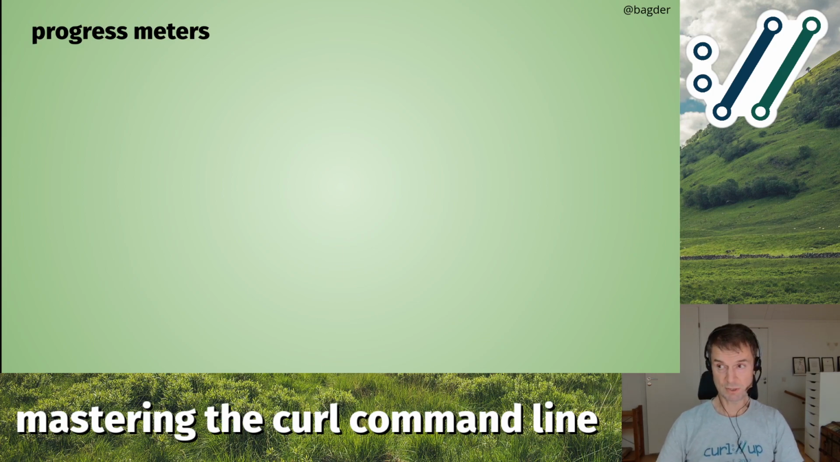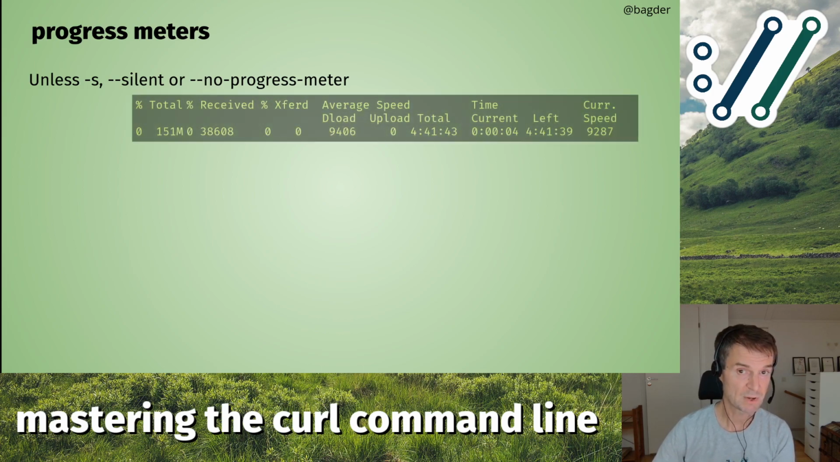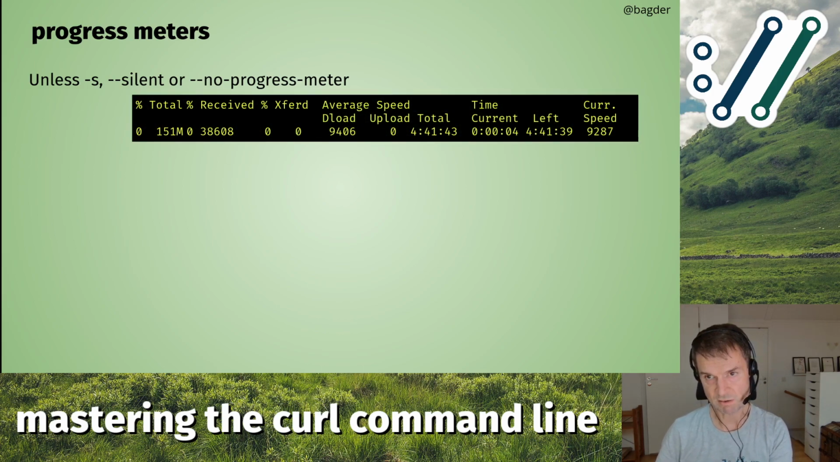When you download stuff, and in particular when you transfer things that are somewhat large, it's usually handy to have progress meters, so that you see that something is happening and you can figure out how long you have to wait until it's done. So unless you use -s, --silent, or the no progress meter options, curl will show you this download